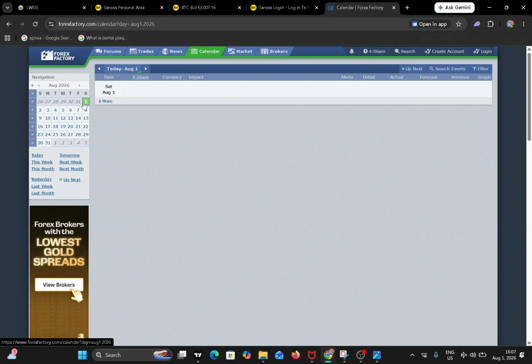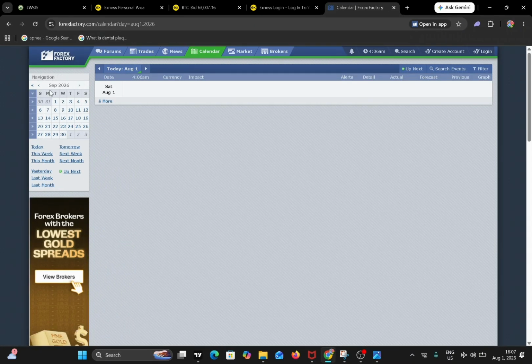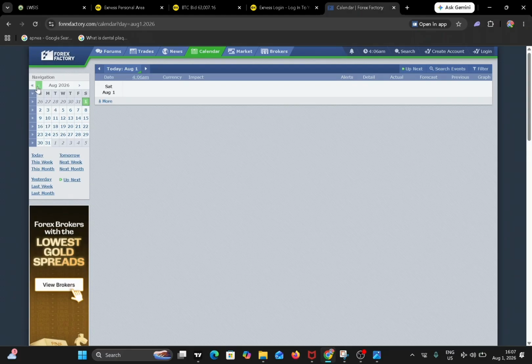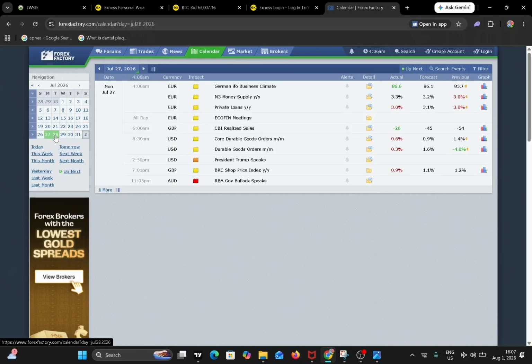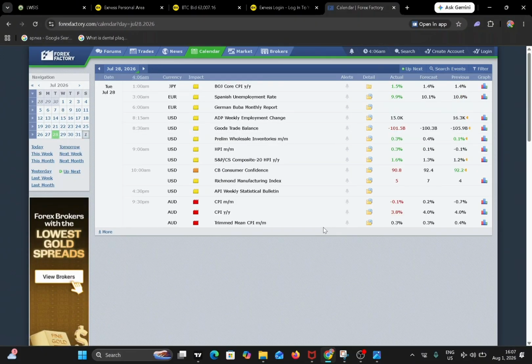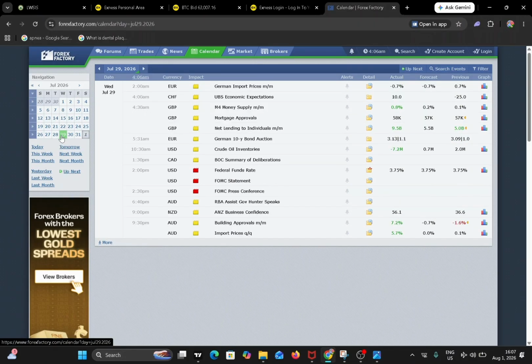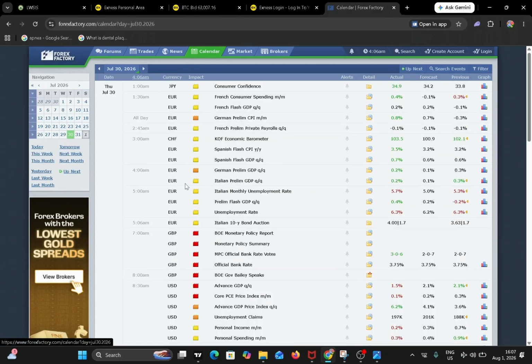Forex Factory. Go to the portion of calendar. Wait lang. Let's see. Make sure you're on the current date, no? But for our example, let's use September. July. Let's just use the sample of July. On July 30,